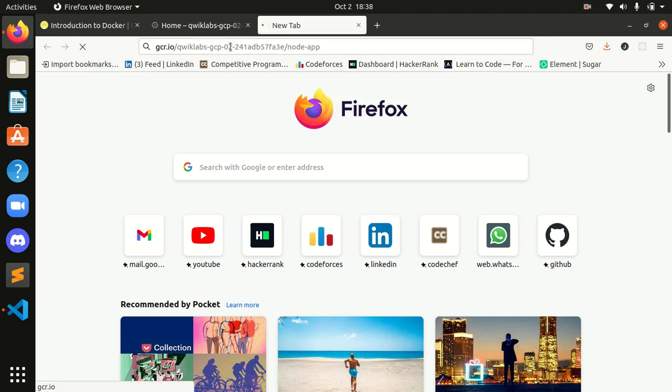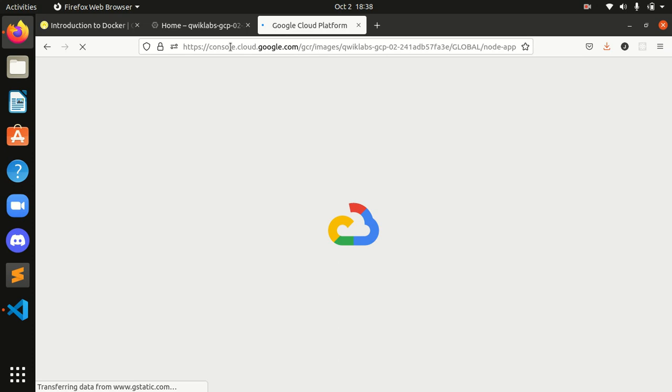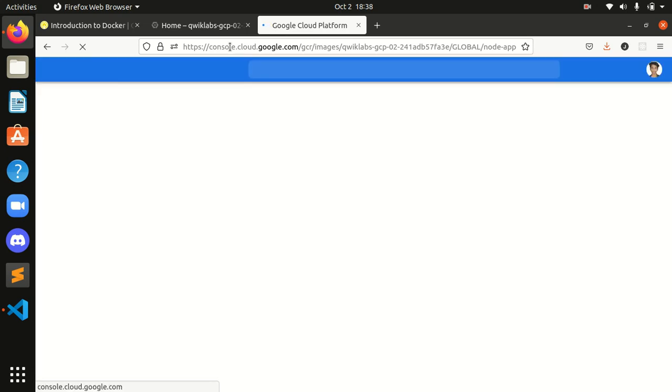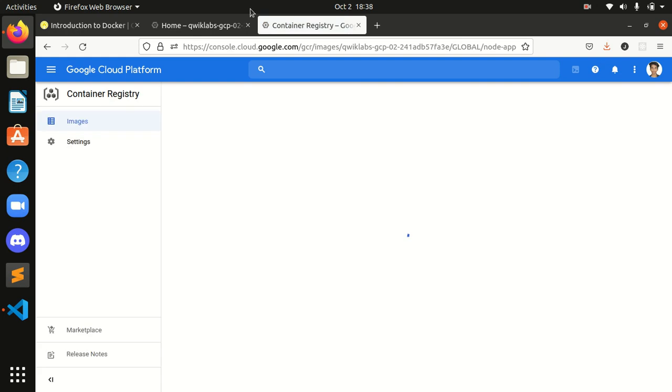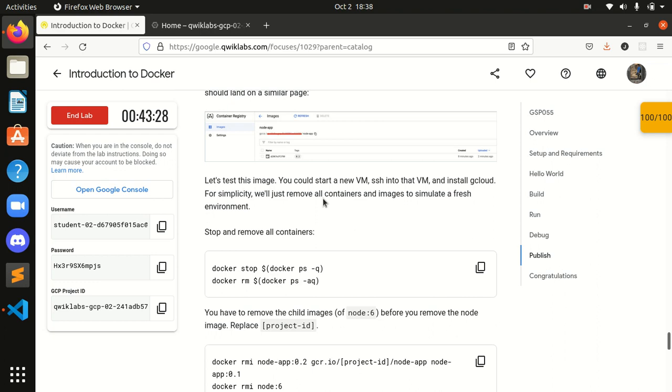Press enter, and guys, you will be redirected to the page where the container registry is. We shall do it afterward, and first do our next step.